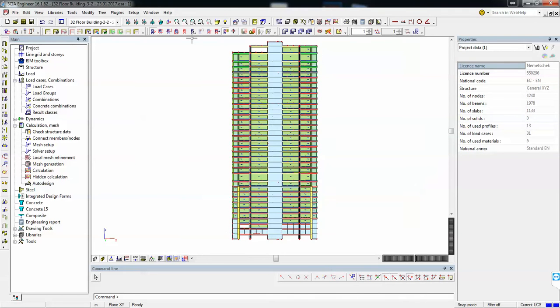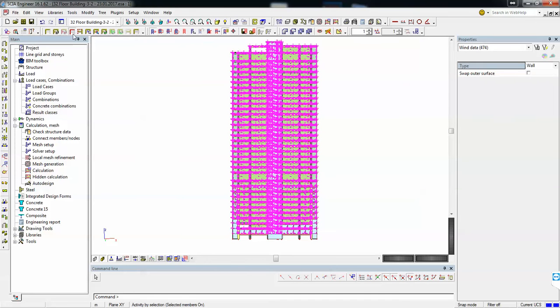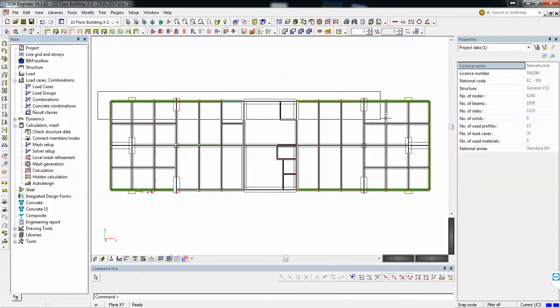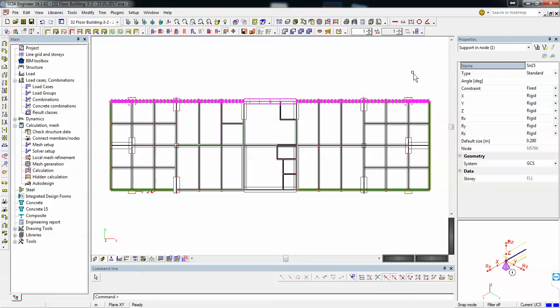We will select this building, and select only the enclosing structure, so only the edges.